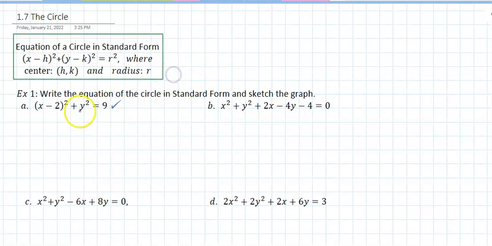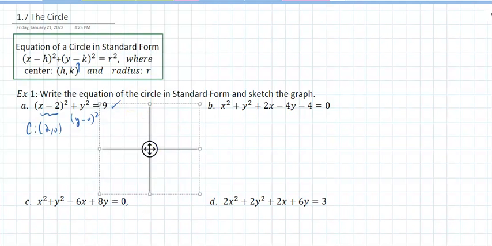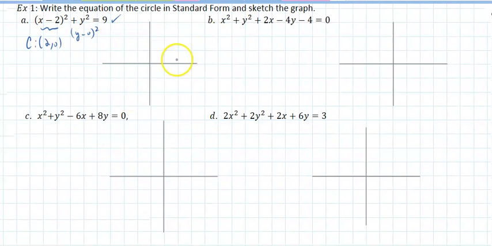Well, this is already in standard form. The center would be, the opposite of that would be 2. And you could think of that as y minus 0 squared. So if there's no number there, that means that's a 0. I forgot to put the grid. Okay, fix that. So the center is at 2, 0. So if I move to 2, 0,